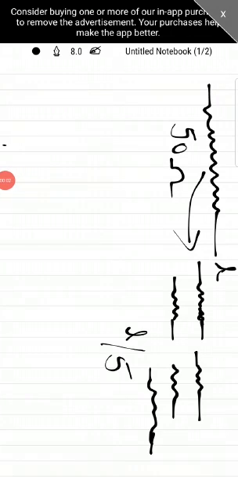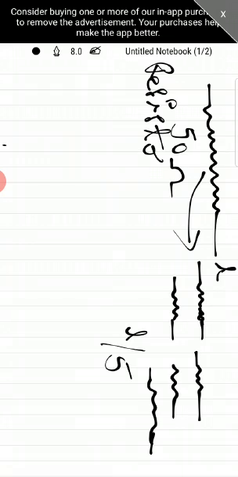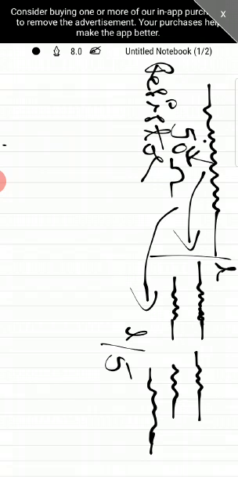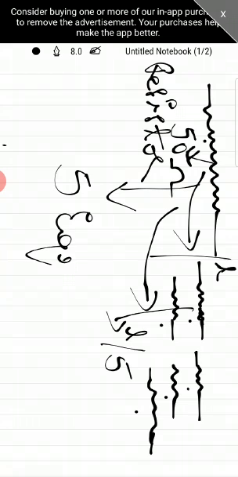Good evening, students. Today I am going to explain one important problem in the current chapter. Here we have one resistor of length L, and its resistance is 50 ohms. Now this resistor is divided into 5 equal parts. It means the length of each part is L by 5, L by 5, L by 5, L by 5 and L by 5.